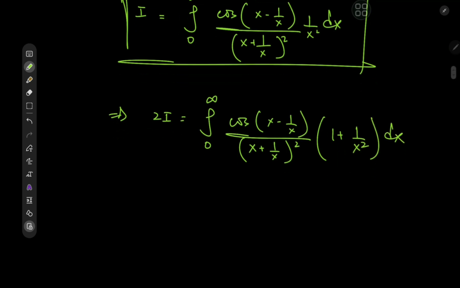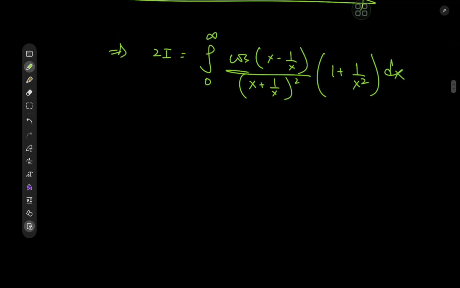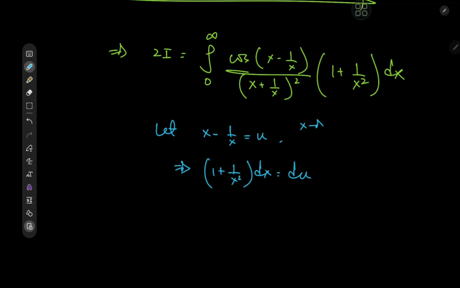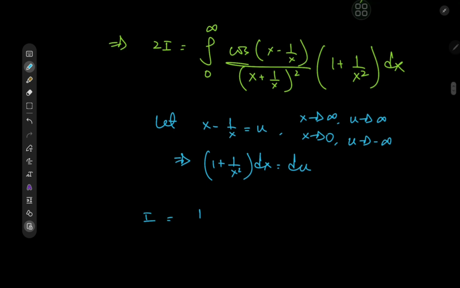And this is pretty cool, because now a transformation seems quite evident. If we let x minus 1/x equal u, then this will imply that 1 plus 1/x squared dx equals du. And as far as the limits are concerned, as x tends to infinity, we have u tending to infinity, and as x tends to 0, we have u tending to negative infinity. So we have I being equal to 1/2 the integral now from negative to positive infinity of cosine of u